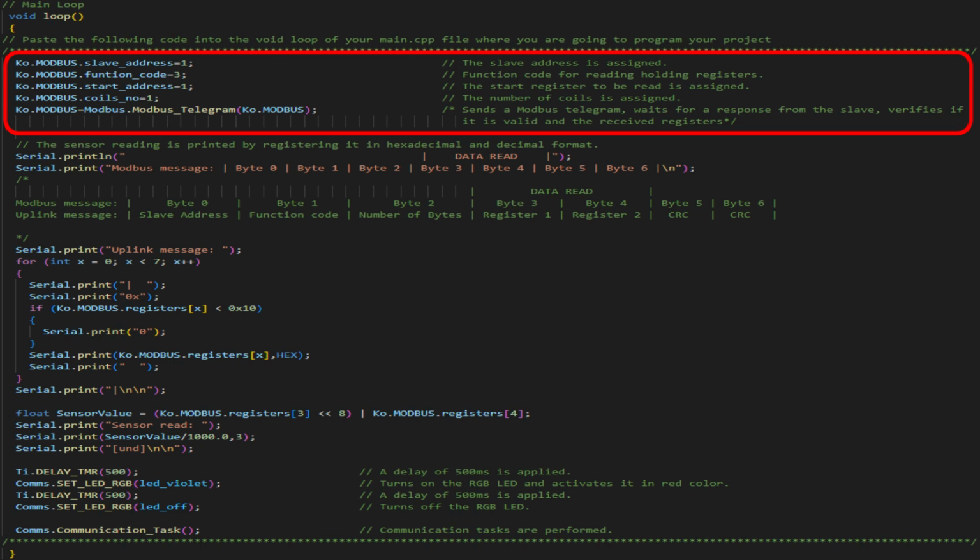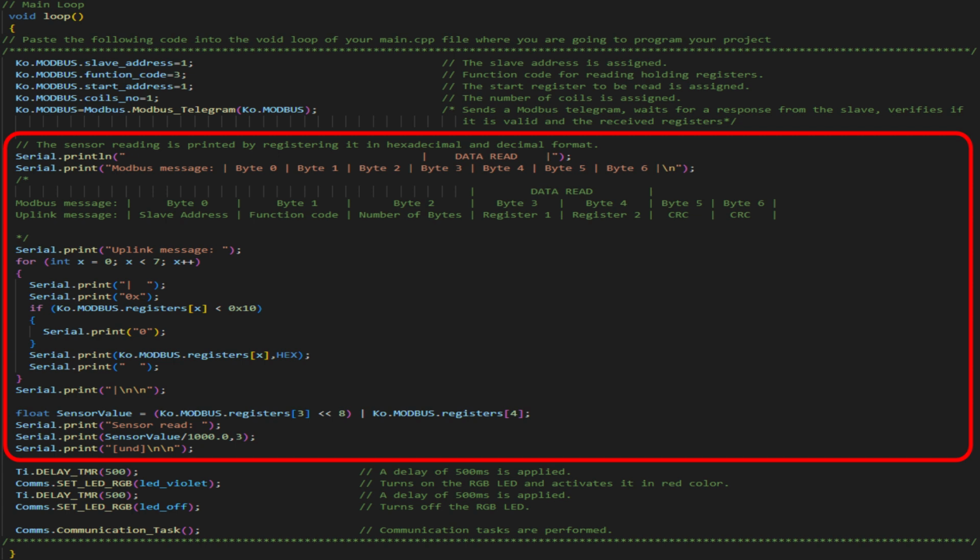The address of the initial register to be read is indicated, which, for us, is 1. The number of registers to be read is established, which, in our case, will be only 1. And a Modbus telegram is sent, and we wait for the slave's response, where its validity is verified and the data received is stored to be sent to the LoRaWAN network cloud.